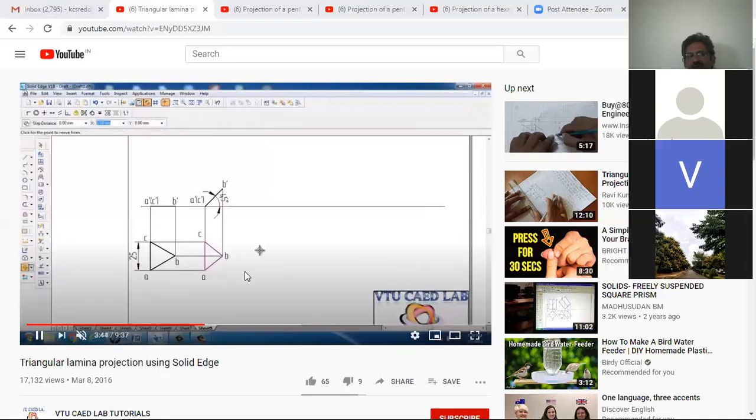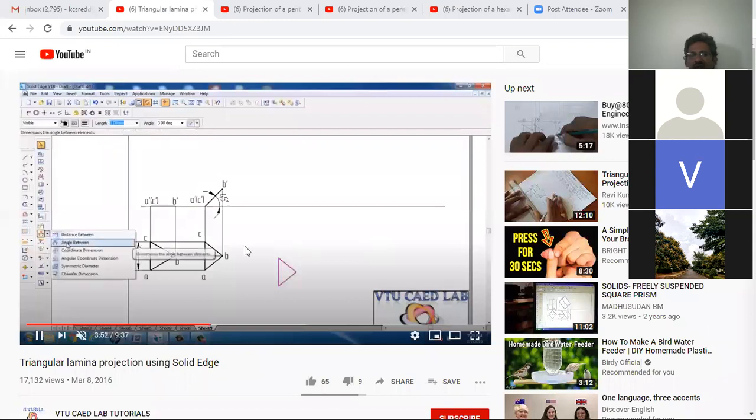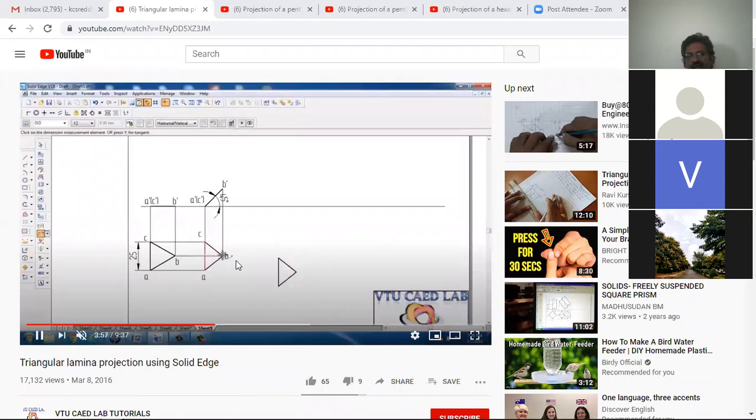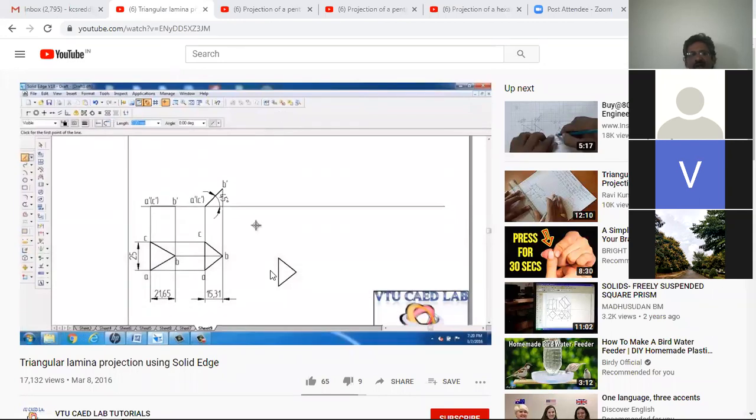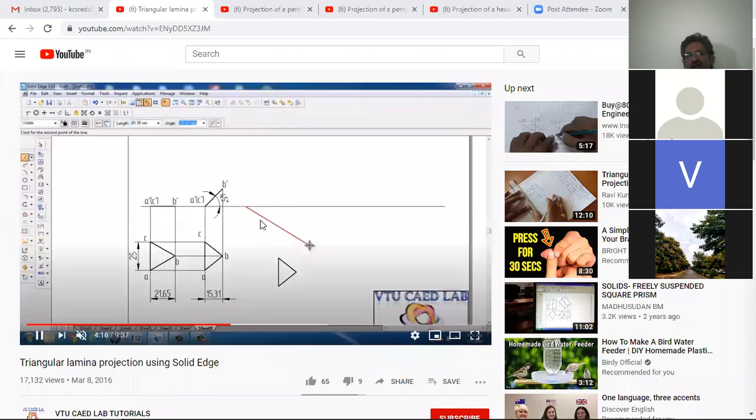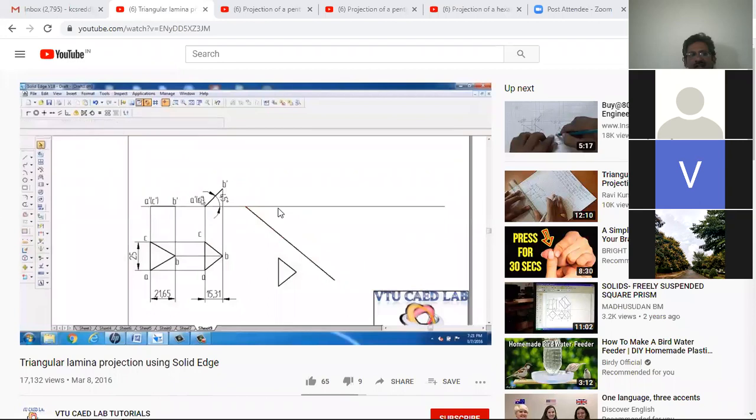So move with copy. Here he is using the blind move; don't use this blind move in the software. You have to pick any one of the corners. So he has taken the apparent median length as 15.31 and the true length of the median is 21.65. So the true length of the median and the apparent length of the median are to be taken. Then you need to draw 45 degrees because it is given that the true median is inclined at an angle of 45 degrees.